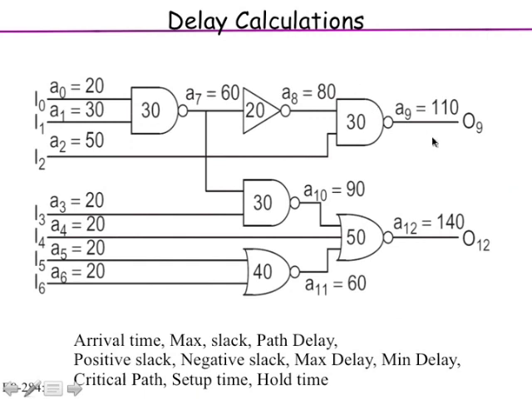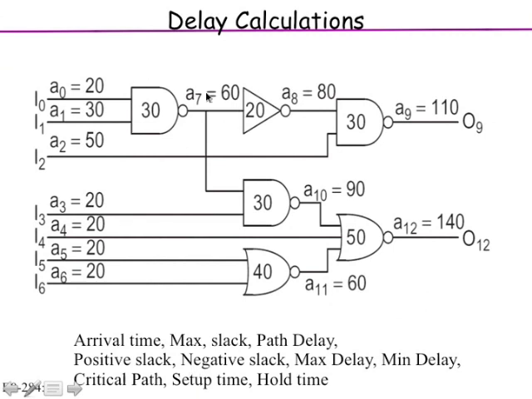Similarly, you have arrival times of all these different signals. Now, when we do delay analysis, here I'm saying there's a flip-flop at the input, but you can take any piece of the logic. For example, you can think of just this section and do timing analysis of it. You see A7, A8 here; those are the arrival times of the signals at those nodes, again with respect to the clock edge. The clock edge happens at time t equal to 0, and then this happens at 20 units, 30, 50, etc.